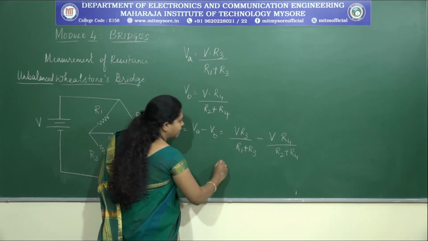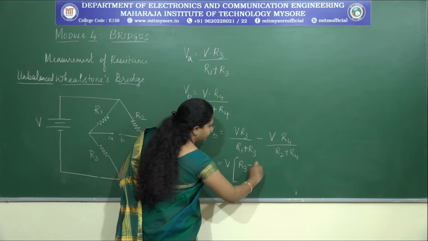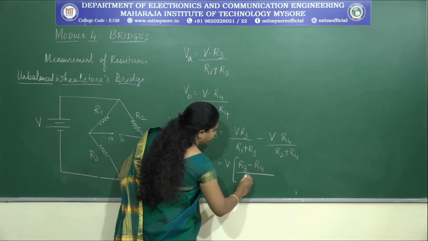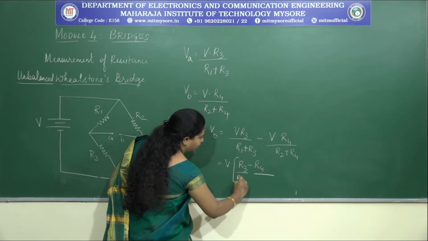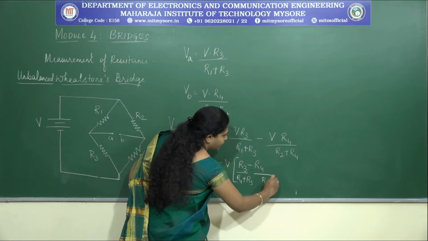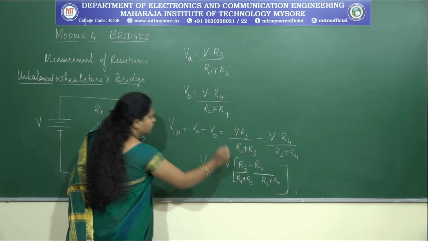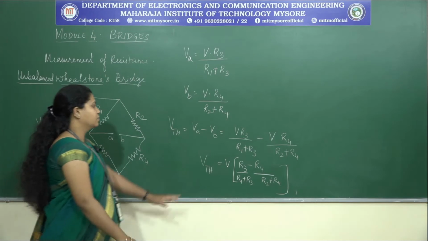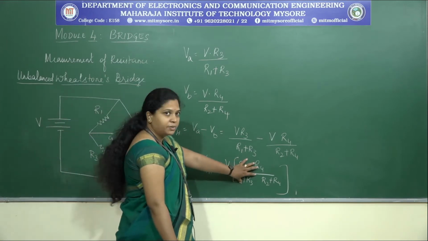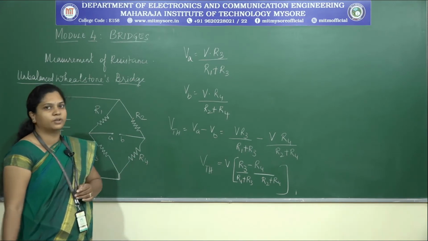Therefore, we can also write the Thevenin voltage as V common, R3 divided by R1 plus R3 minus R4 divided by R2 plus R4. This is equivalent to V Thevenin. So, we know that if we replace it by an impedance, then we can find out the value. So, the equivalent circuit for this